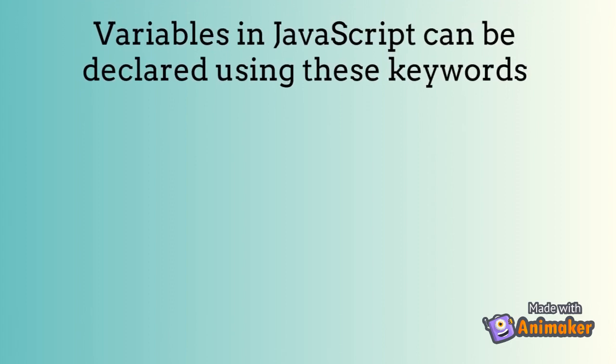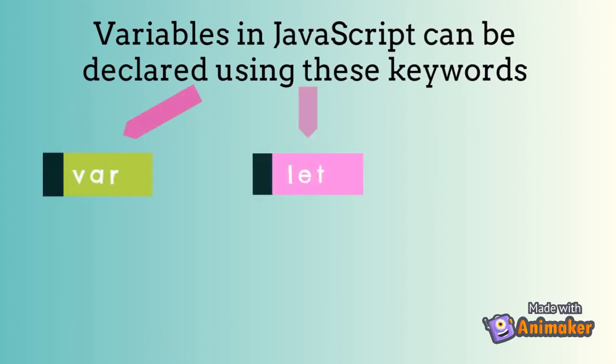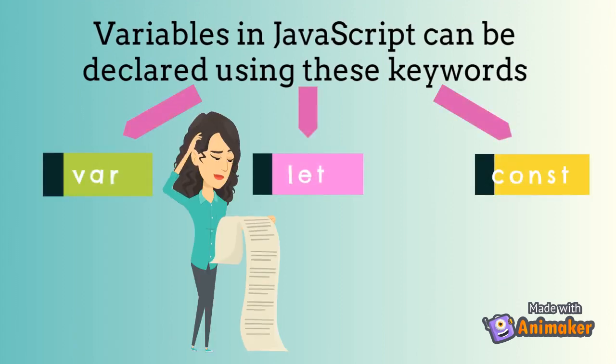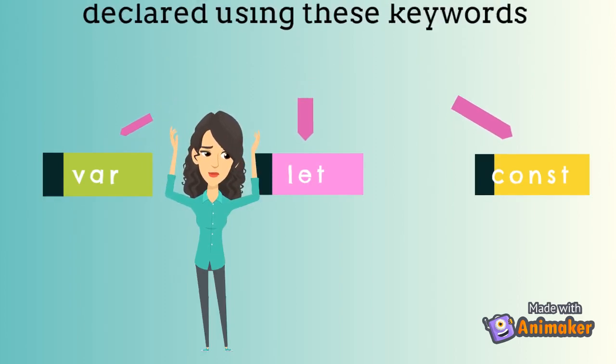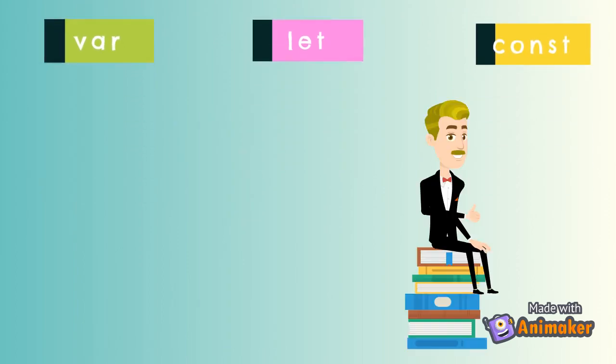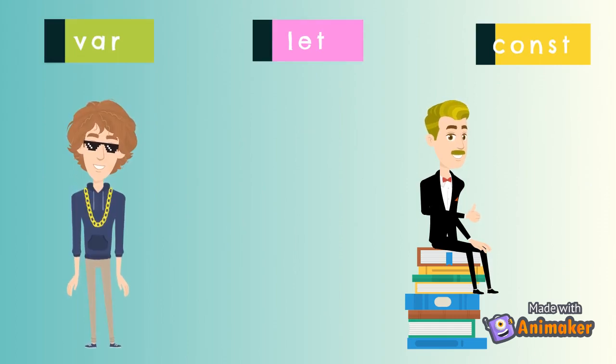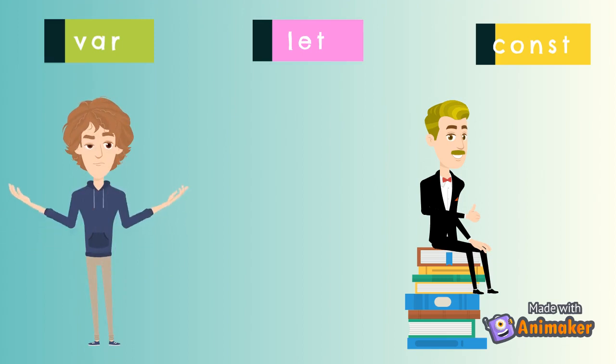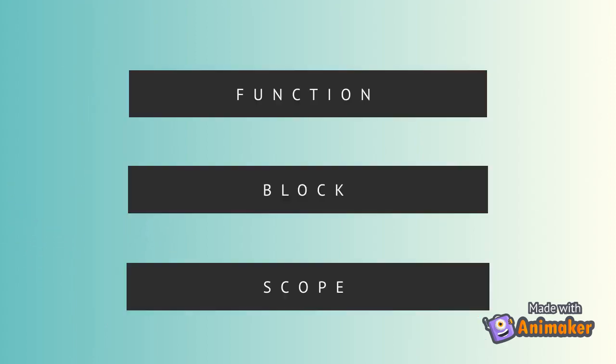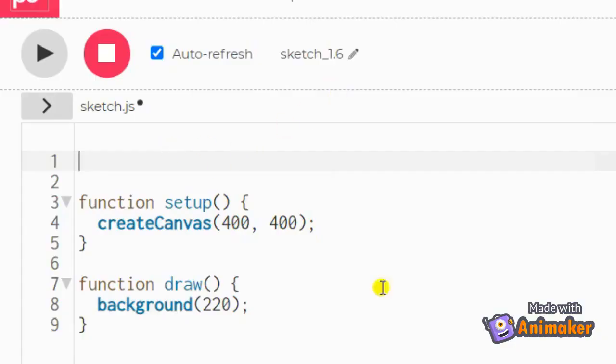We can start with the keyword var or let or const. Three words for just reserving a little piece of computer's memory. Why? Well, in short, let and const are the new keywords in the language, and var is the old dude, a little careless. It can often lead us into little messy puddles, so let's stay away from it for a little while till you're mature enough to use it judiciously at the correct places. And for that, you need to learn bits about functions and blocks and scope. Okay, so let's jump to our editor and create a variable.